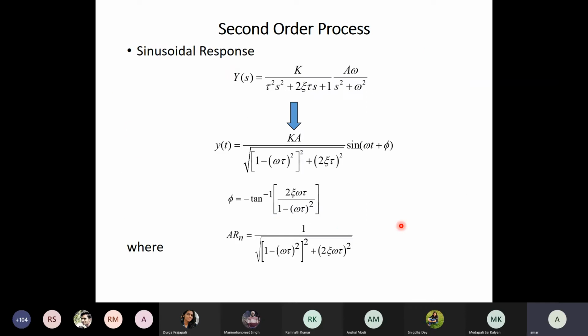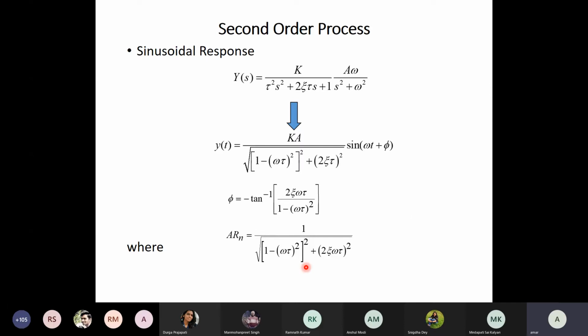Now let us see this for a second order process. I am taking a general second order process, tau square s square plus twice zeta tau s plus 1. Now if you give a sine wave over here, whose Laplace transform is A omega by s square plus omega square, where A is the amplitude,